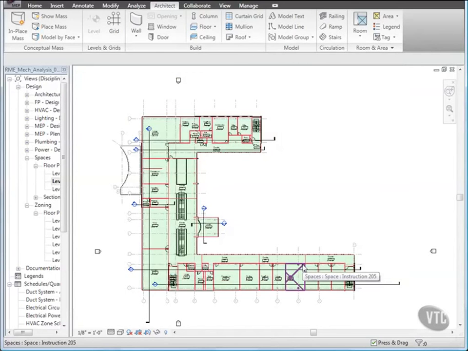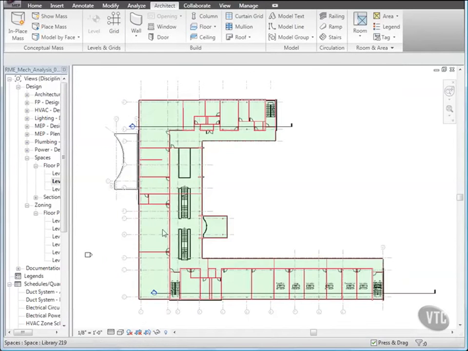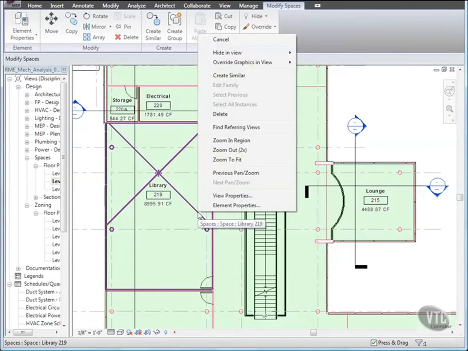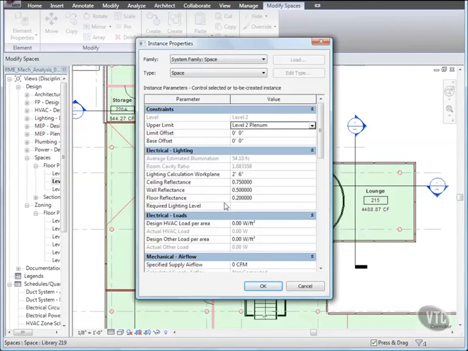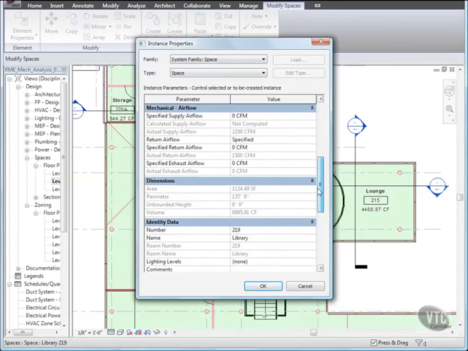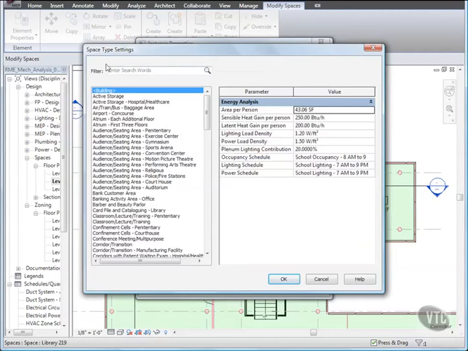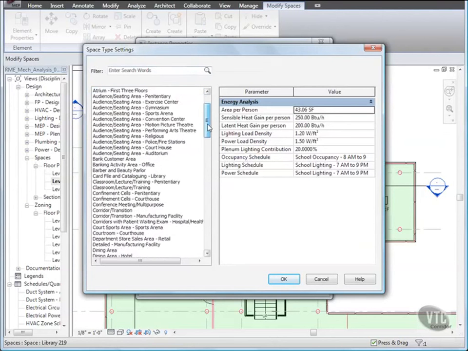Then, zoom into the center area of the building, and select Space Library 219, and right-click, and click Element Properties. In the Instance Properties dialog, under Energy Analysis, verify that Occupiable is selected, and make sure that Condition Type is set to Heated and Cooled. For Space Type, click in the Value field, and then click Browse. In the Space Type Settings dialog, select Library Audio Visual,